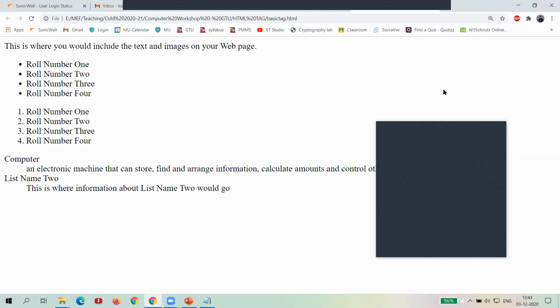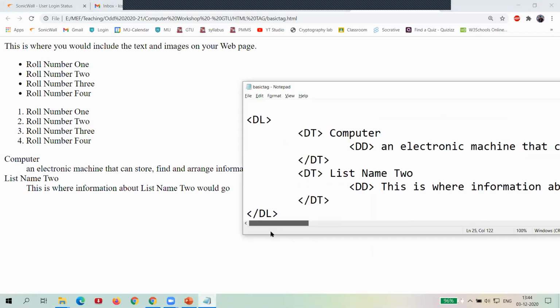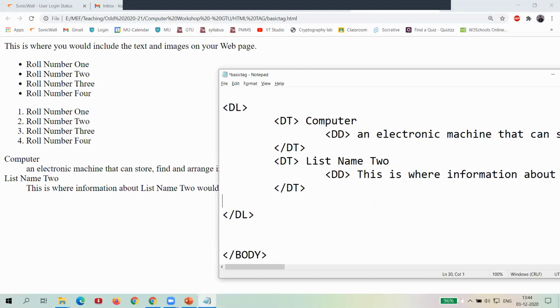Okay, let's go for a new tag for the DL. First of all, I have to create DT, which means definition topic. Like your class name, I write down a topic, C1.